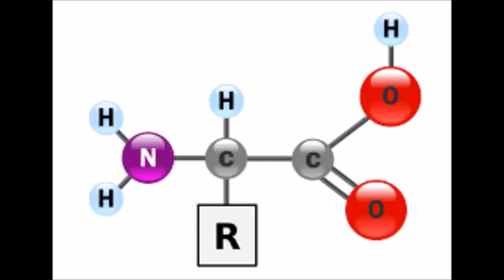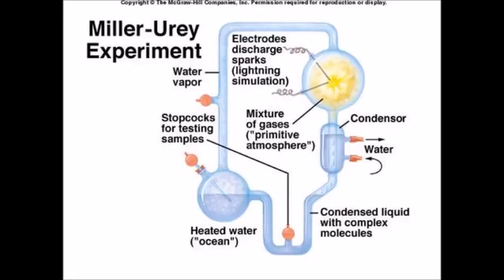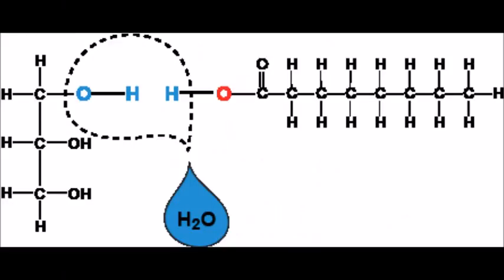simple organic molecules. Well, how do we know that it is able to do this? How are we able to know that that happened? Well, we've done it before with the Miller-Urey experiment. It is a contraption that allowed us to mimic primordial Earth and its gases and the oceans of its time. As you can see where it says at the top, electrodes discharge sparks, which is a lightning simulation. Then a dehydration reaction occurs, causing cell precursors known as protobionts to form from